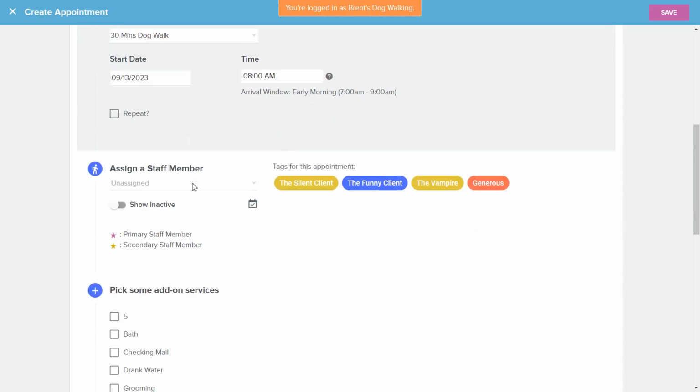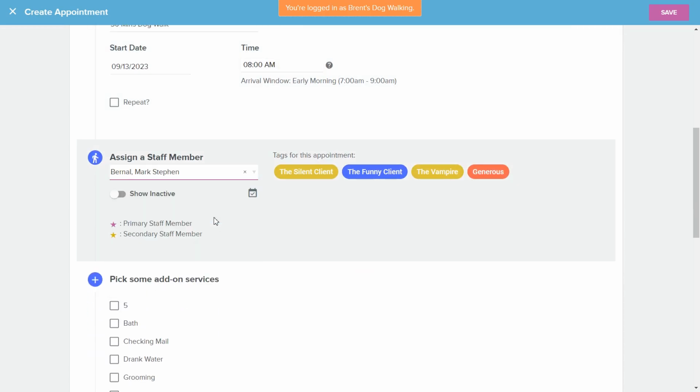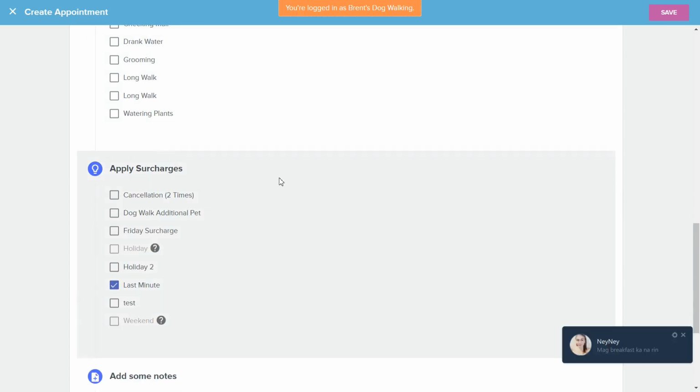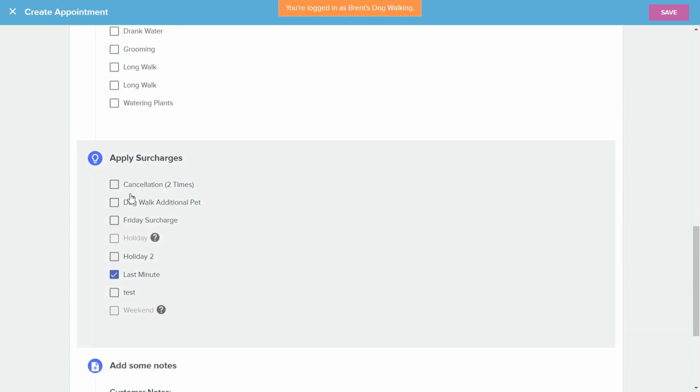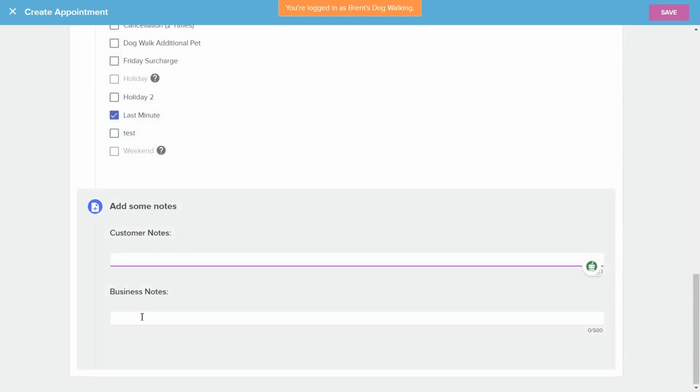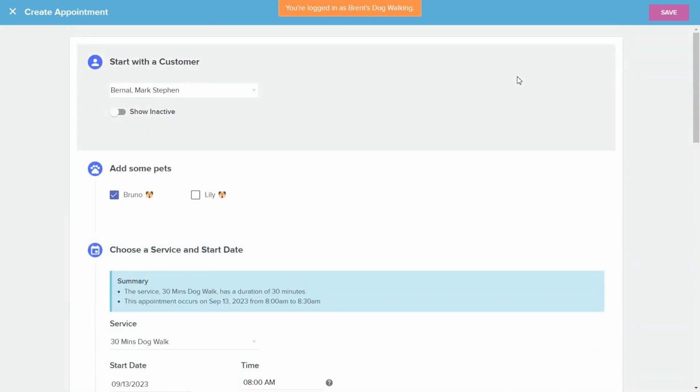Now, scroll down a little bit right here. You can see you can assign it to your staff. Again, you can add services and surcharges as well, with notes and so on. It's the same thing as approving an appointment from the customer, but this is you manually adding the appointments. And you click save, and then